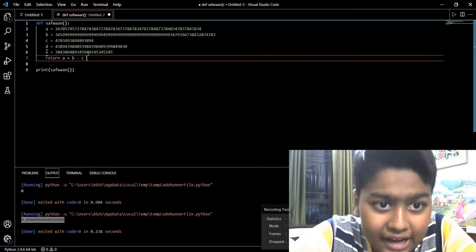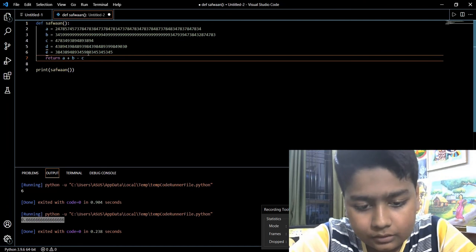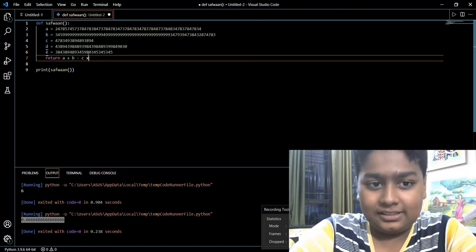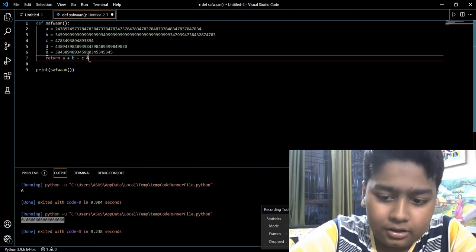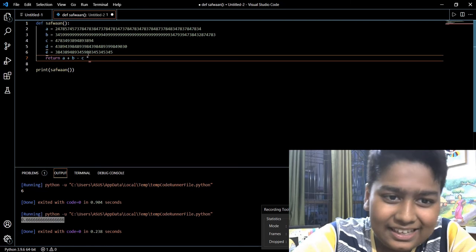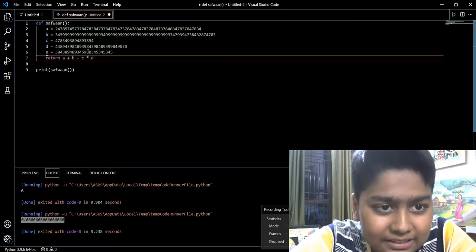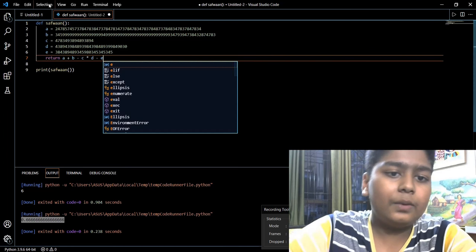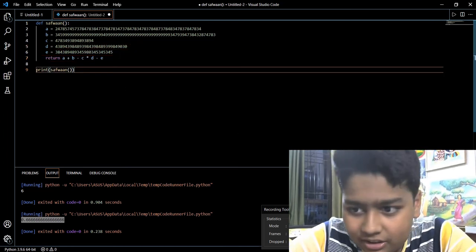Then let's say I want to multiply C by D now. Did you forget the multiplication sign? Is it this? No. Is it this? Oh no. Yes, this. A star. So C multiplied by D. Then I want to subtract E with D from the total result. So here is my math now.